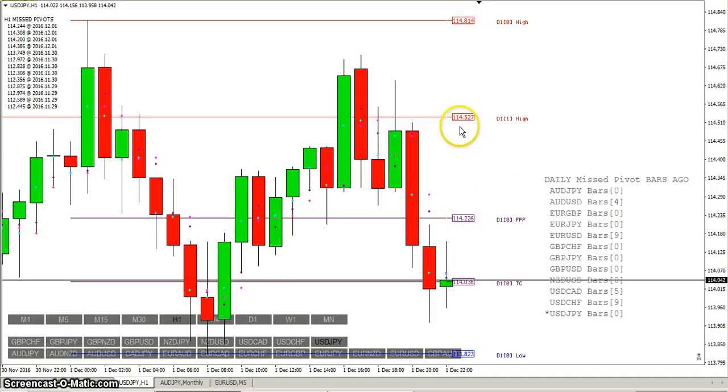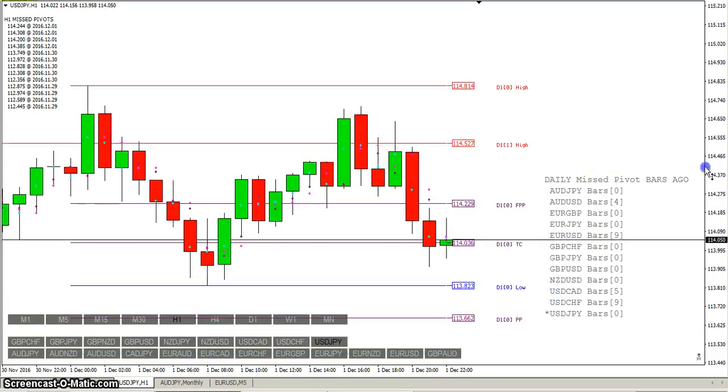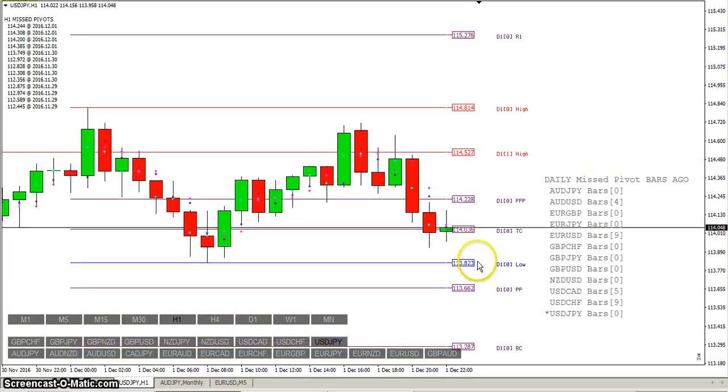This takes today's high, low, and close, adds them up, divides it by 3, and calculates the future pivot, because that's what tomorrow's pivot, when tomorrow starts, that's going to be tomorrow's pivot point. So what you can do is you can use this to take a look at which way price will probably break. You can see the future pivot point,